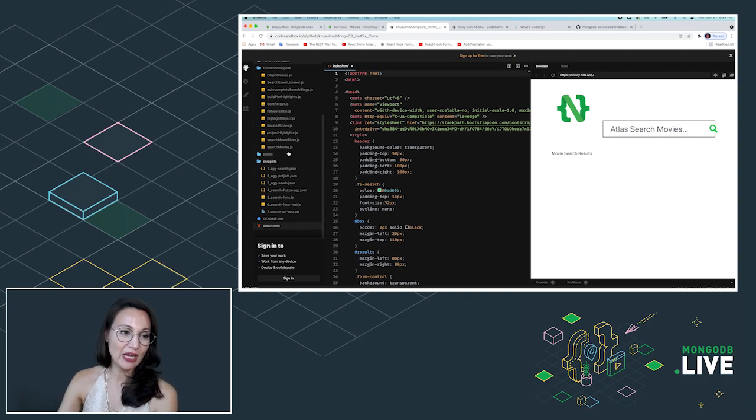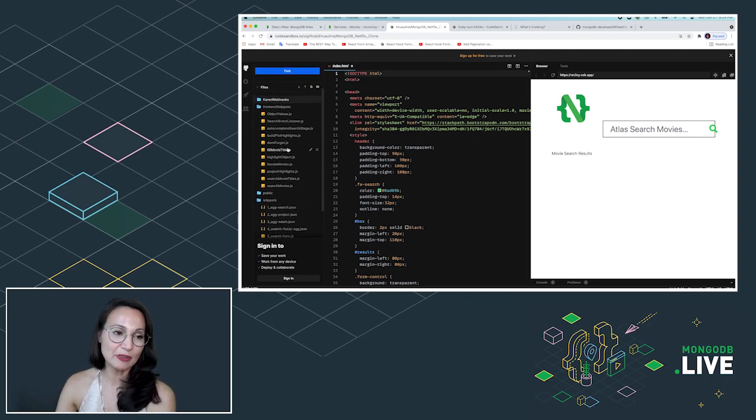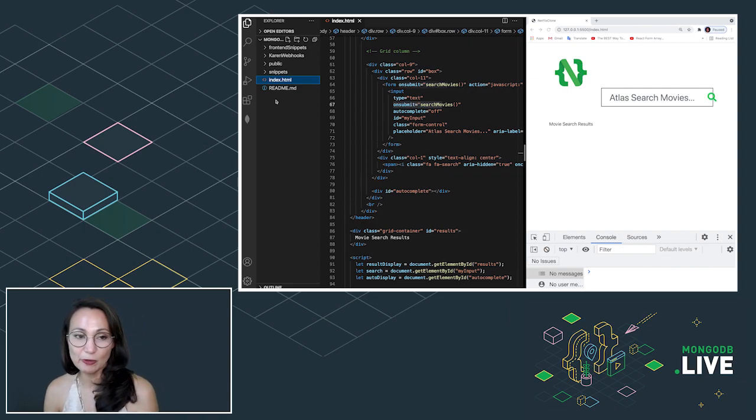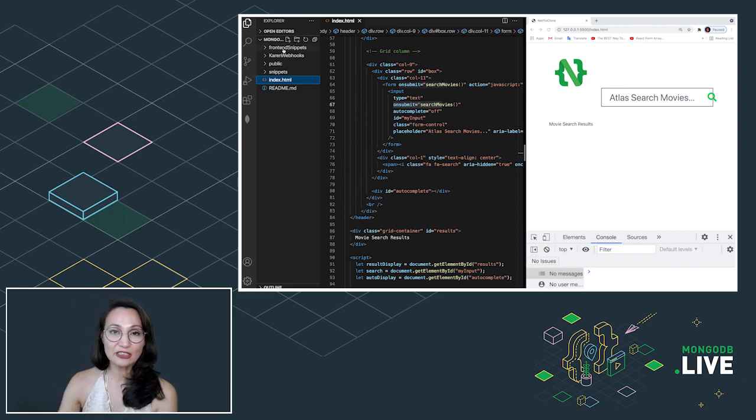So if you're following along in the Code Sandbox, Brian was copying, pasting, using the snippets from the snippets folder. I'm going to be doing something very similar, but I'm going to be taking snippets from the front end snippets folder. And then I also have, when we create a webhook later, you'll also find that in the webhooks folder. I really like Code Sandbox, but as a developer, I really prefer working with Visual Studio Code Editor. So that's what I'm going to be doing for this, because I'm just more comfortable with it. But you can see here in the directory that we have all the same folders and files that you have in your Code Sandbox.